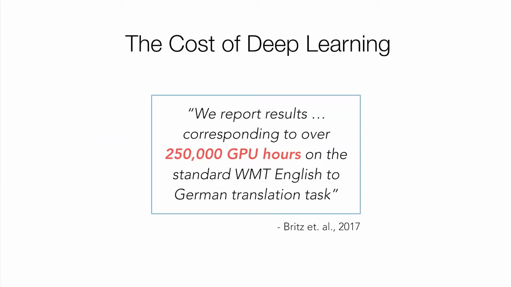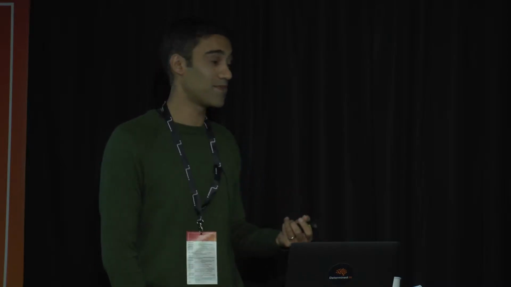And to motivate this problem of hyperparameter optimization, there's a recent research paper by folks at Google where they report the results for a particular application, which is an English to German translation task. And as part of tuning the knobs of the models that they want to use on their data, they require 250,000 GPU hours. So translating that back to, say, EC2, that's $250,000 for a single paper for a single application. So this is really expensive, right? So there's real questions of, can we do this faster or more cheaply?